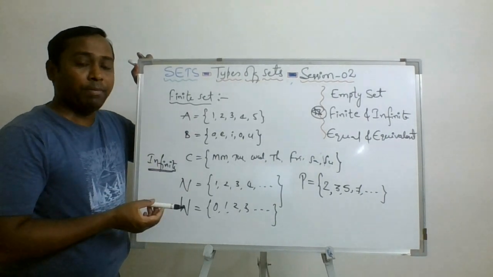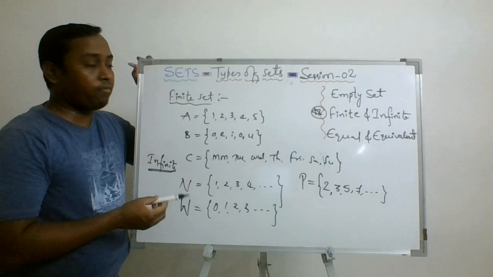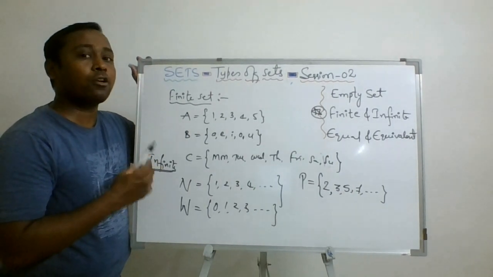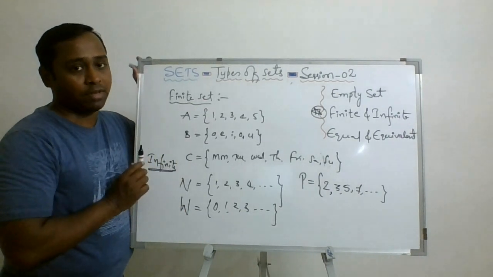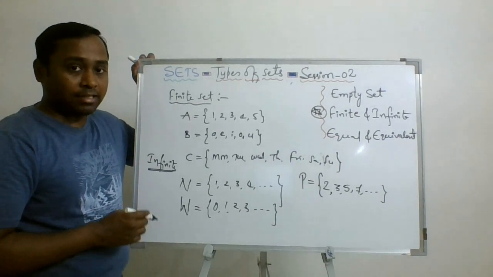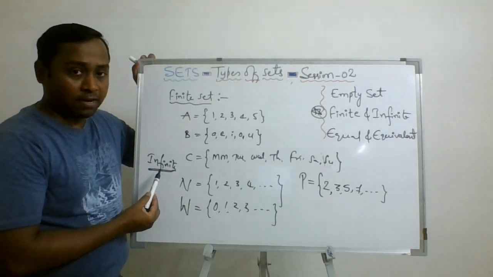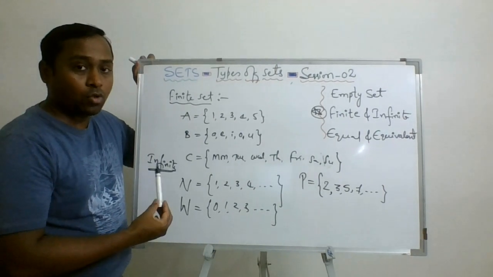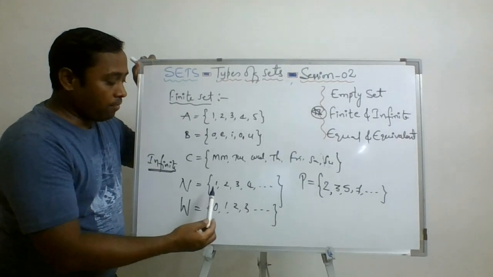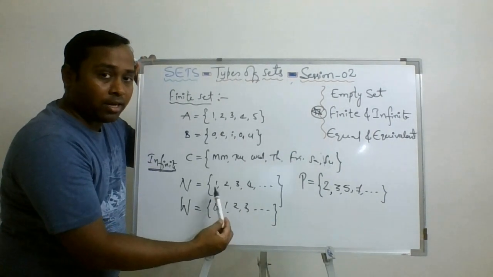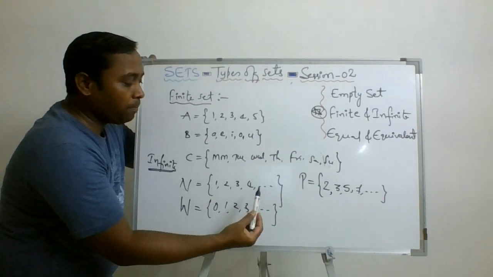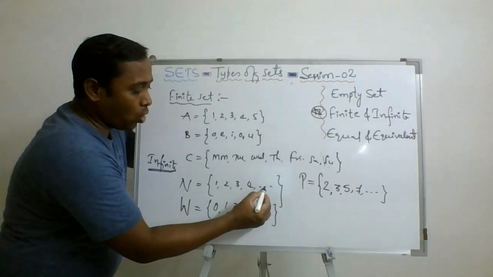Few sets will be given to you. You just need to bifurcate whether it is a finite set or an infinite set by writing the sets in roster form, if possible. Now the important point to remember about infinite sets is that while expressing them, we are not able to list all the elements till the end. That's why we are just listing a few elements which follow a particular pattern, and then we write the three dots.